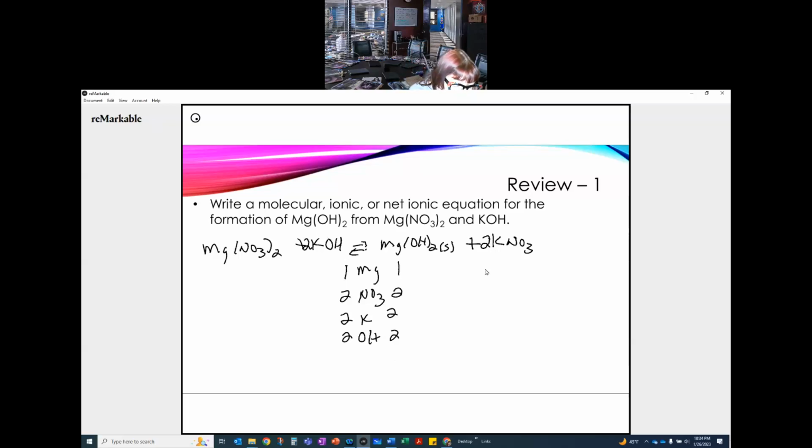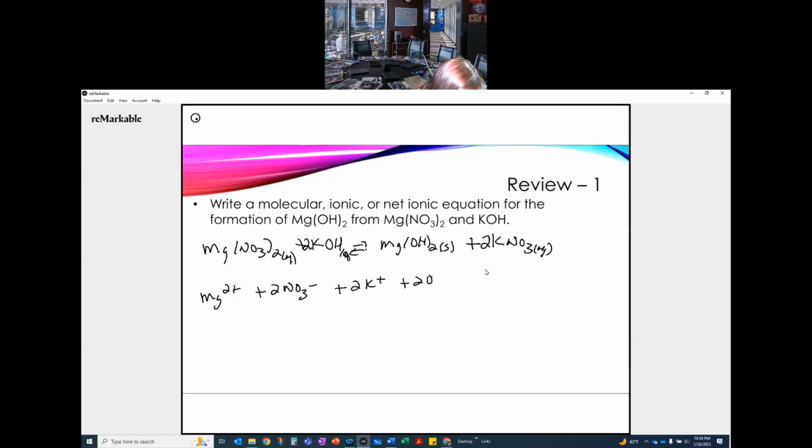I'm going to erase that because what I need to look at now is the rest of what I've got here. And so what kind of equation did I just write? Well, I wrote something called a molecular equation. And it's a molecular equation because I have everything written as molecules. Even though I know that 3 of these species are aqueous, and so they're actually in solution, dissolved. And so they're dissociated, which means I have Mg2+ plus 2 NO3- plus 2 K+ plus 2 OH- that goes to give me an